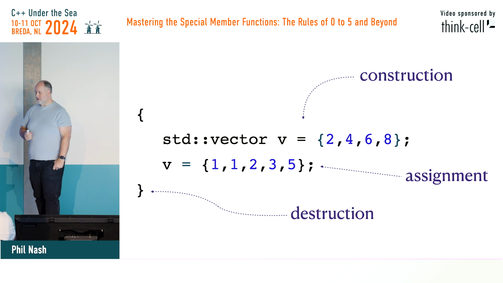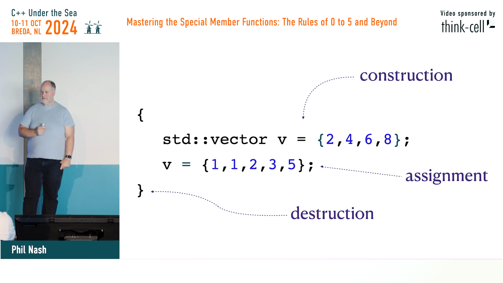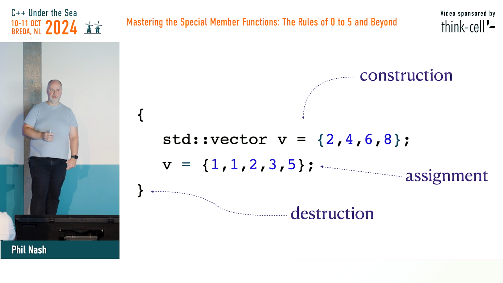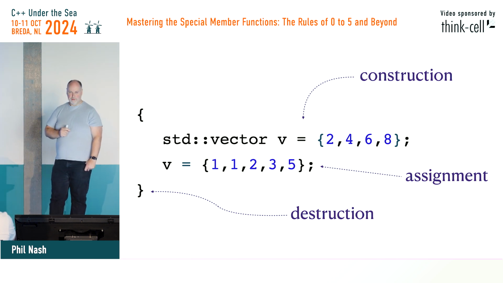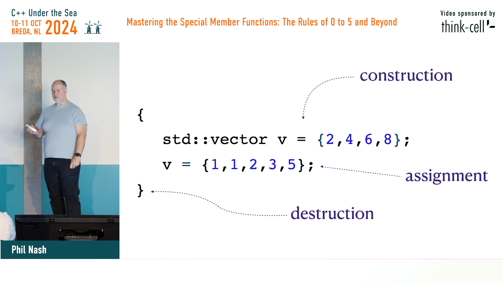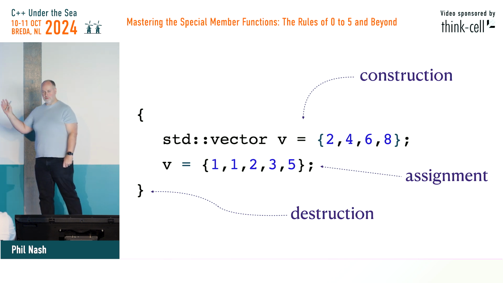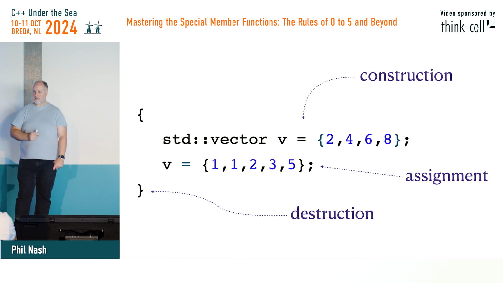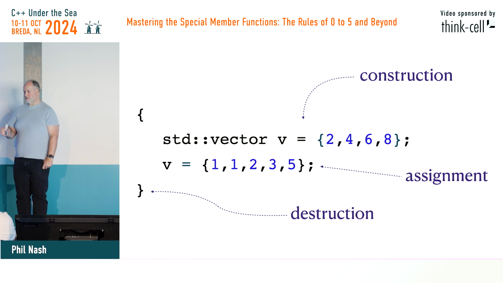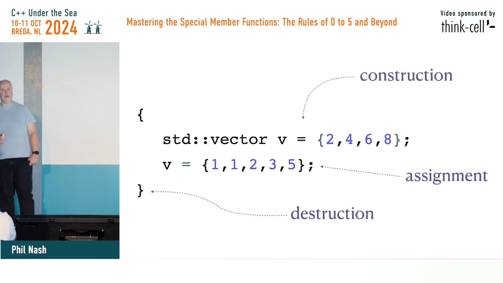Let's do one more of these, because we can talk the same way about std::vector. Everything that I just said about std::string, apart from the small buffer optimization, applies to std::vector as well. It is a value type. It behaves like a value. When we assign things, when we copy things, they behave the same way. No surprises. This is what we want. Okay, maybe I've labored this point a little bit too much, but